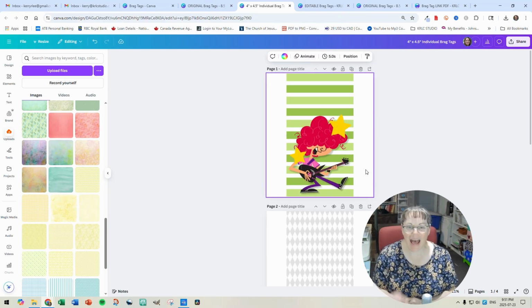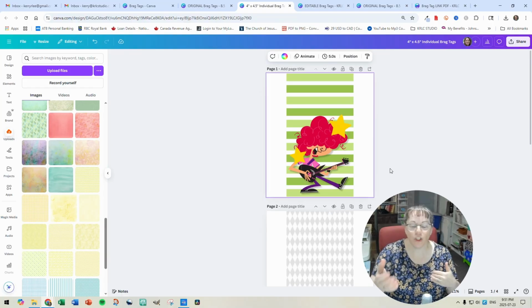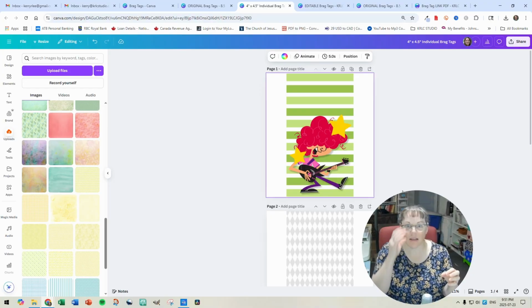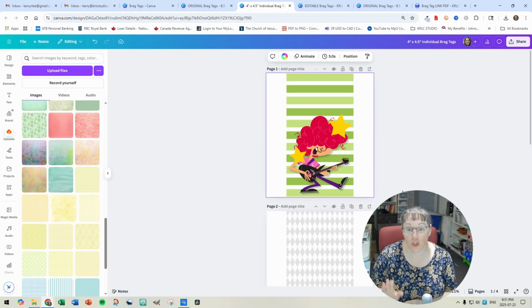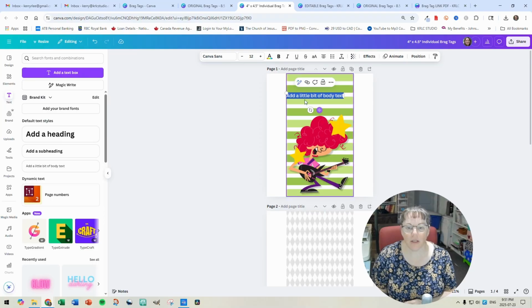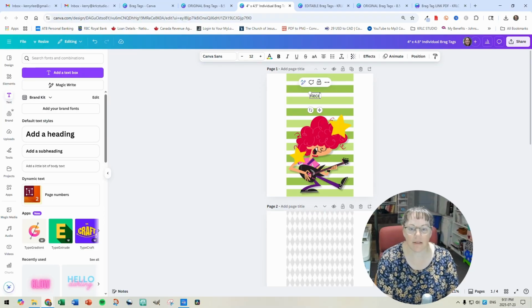Now I am going to add some text to my individual brag tags just as a suggestion for your buyers. So when they're looking at these images, they can have some suggestions of what text they can put. So we're just going to put this in our thumbnails as individual brag tags with the text, but we're also making it editable so that they can go in and create their own text when we have the sheet completed. So for this one is Recess